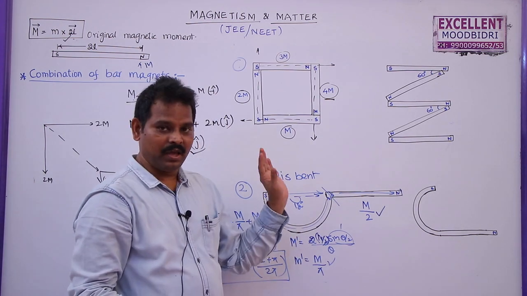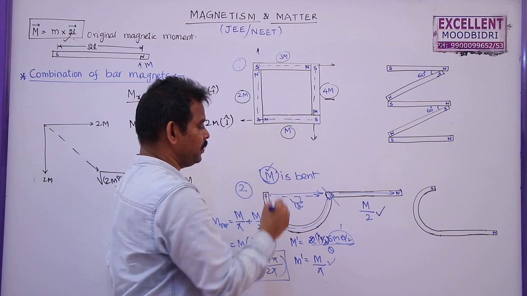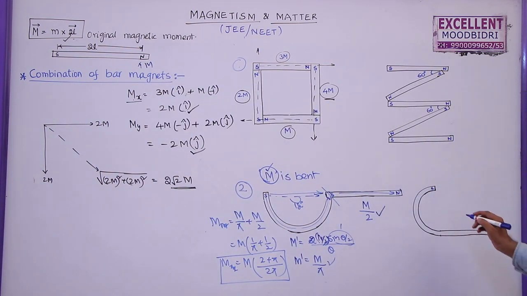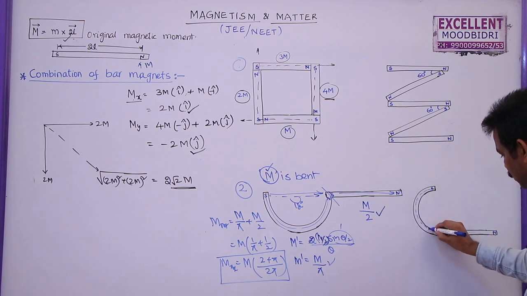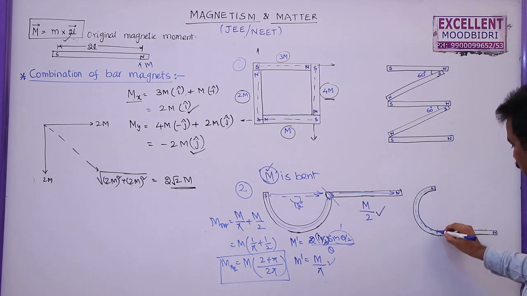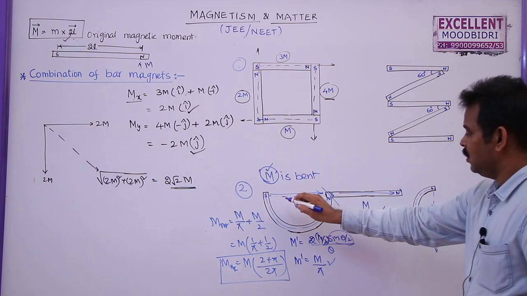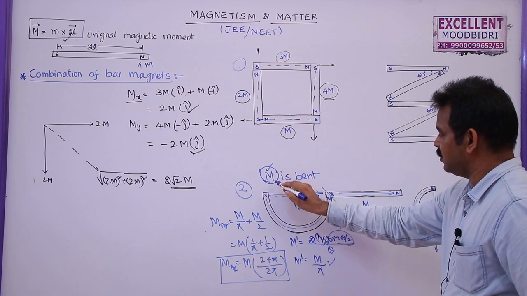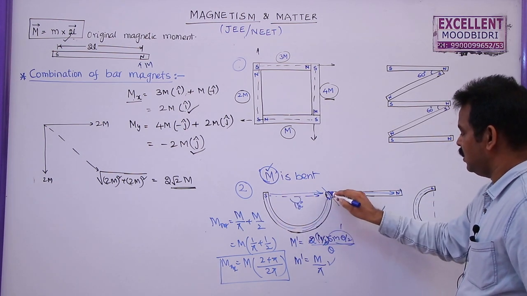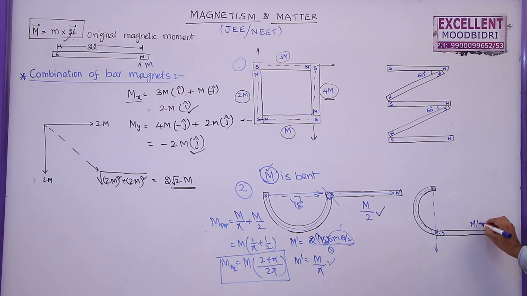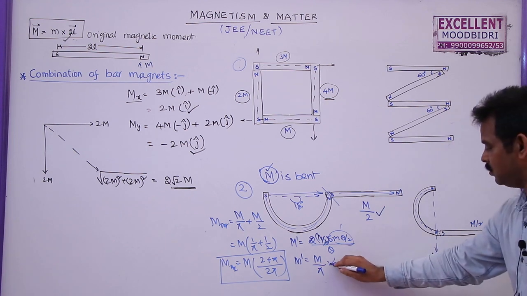Similarly, the same bar magnet of magnetic moment m is bent in this form, then what would be the magnetic moment of this portion? Here also this is bent into a semicircle part. So for this one, I will take this as north pole, this as south pole. So here it is acting like this. Just now I found whenever a magnet of magnetic moment m is bent in this form, half of it and the remaining half stay as they are. Here also for this, the magnetic moment is m by 2, and for this, the magnetic moment is m by pi. Just now I found this value.